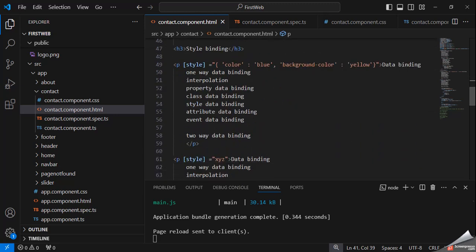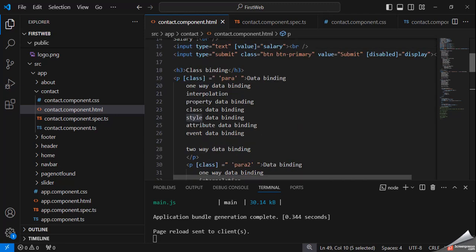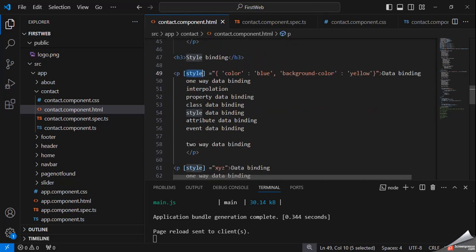So in style binding, we use style as a property. Okay, just like class, here we are using class as a property, same as we can use style as a property, is equal to, we can specify just like we declare it in CSS. We can declare the property and values.